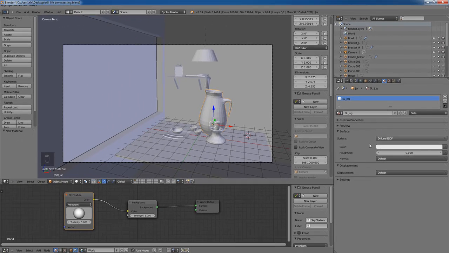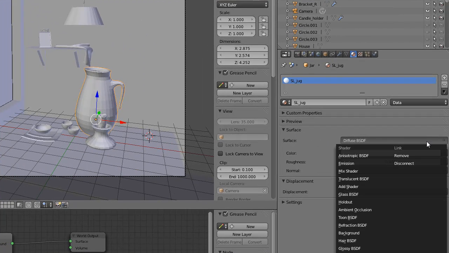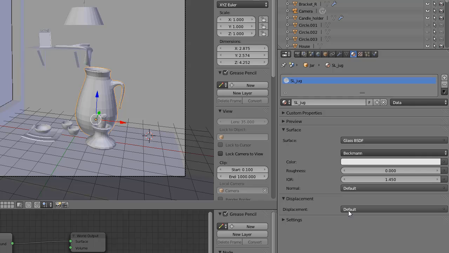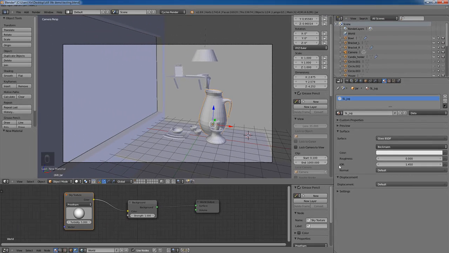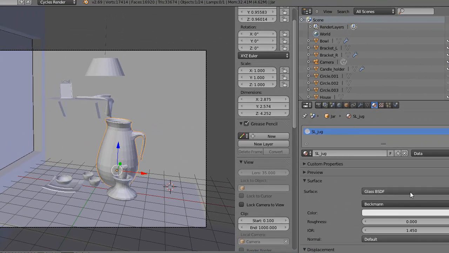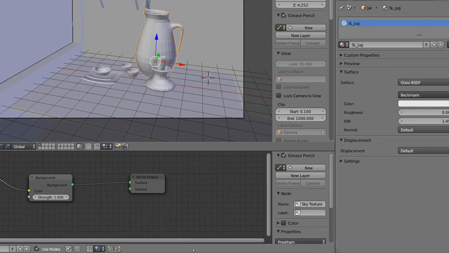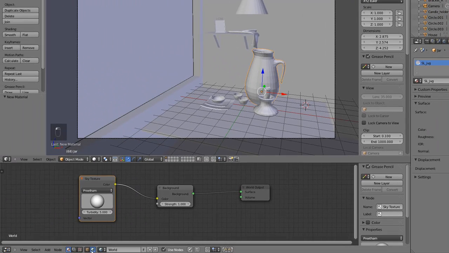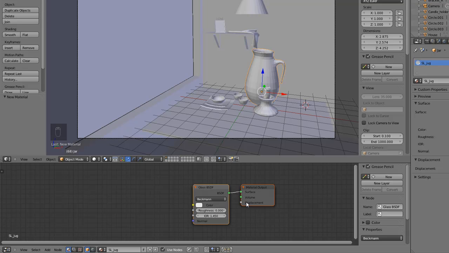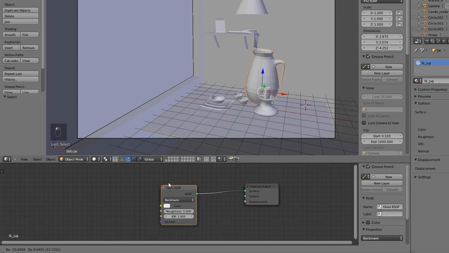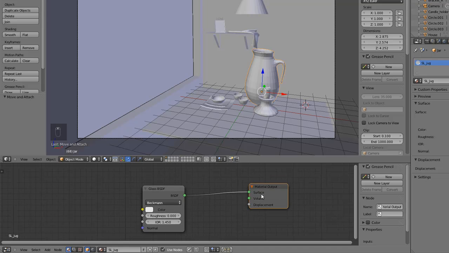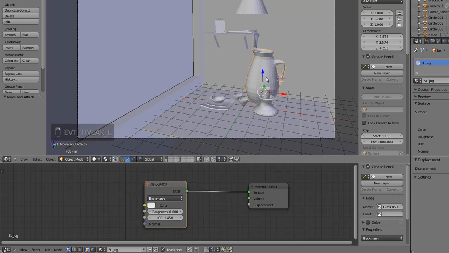And then I'm going to change the surface type for this shader to Glass BSDF, and you can see the IOR, which stands for index of refraction, is 1.45, which is the standard glass IOR value. Okay, and we can go here to the object node graph, and you can see the surface attribute of this material output is linked to this glass material. Okay, and now I'm going to hit F12 to render this scene,